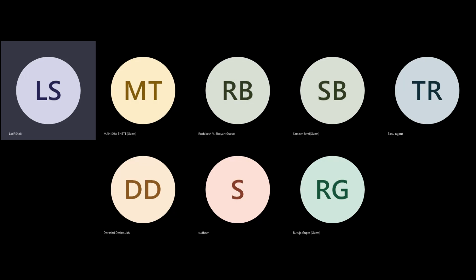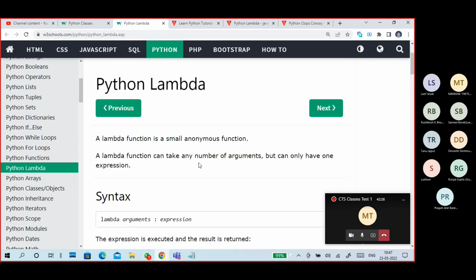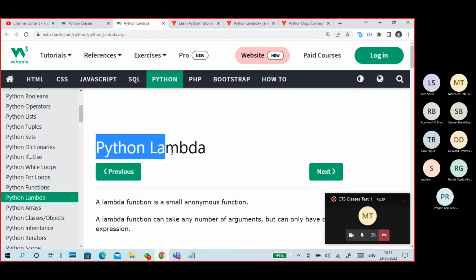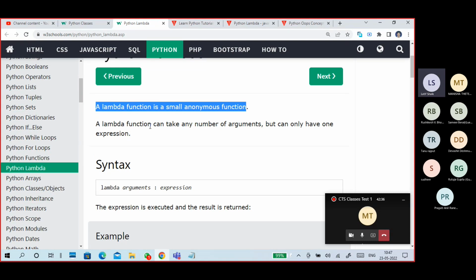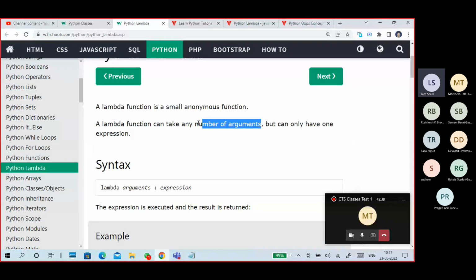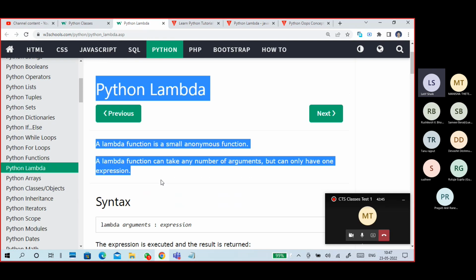Okay, so then we'll complete the first lambda and we'll see other things also. So what is a lambda? Lambda is a small anonymous function. A lambda function can take any number of arguments, but it can only have one expression. Normally, if you write a function, you can write